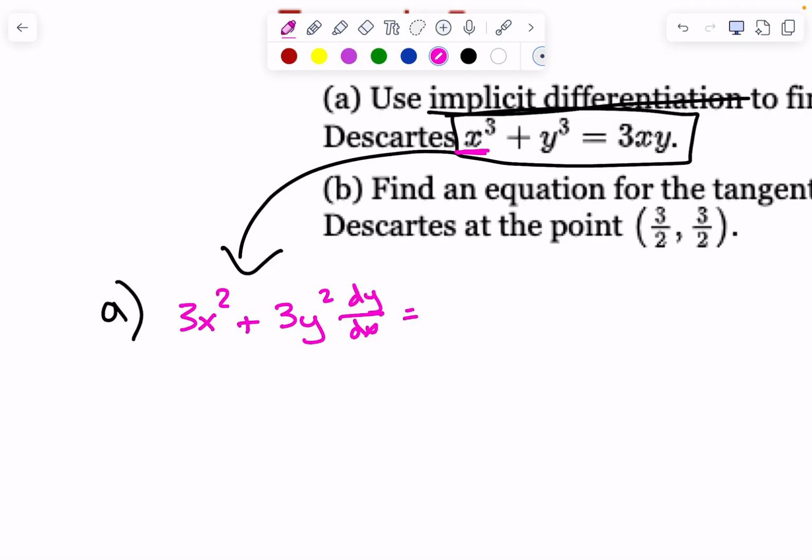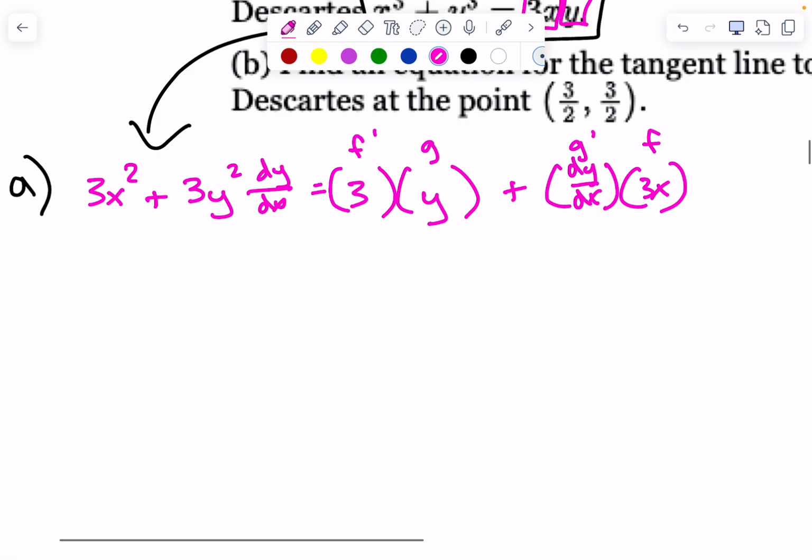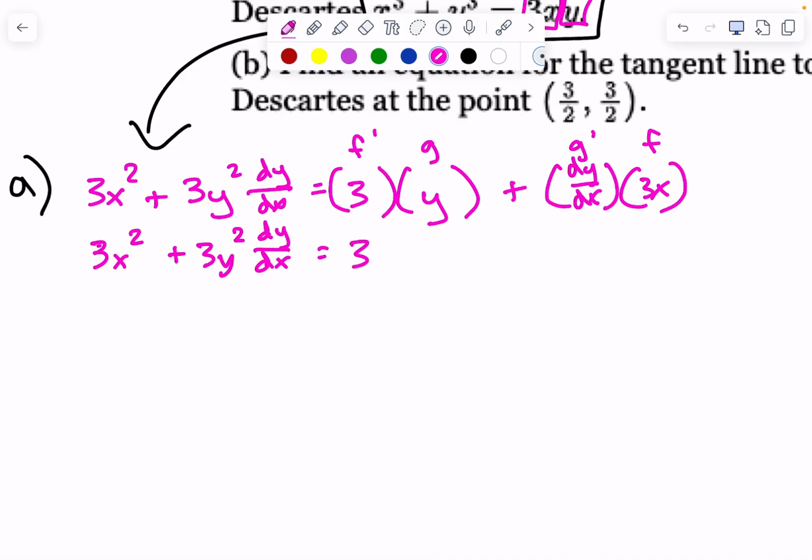Equals, this one we have to do the product rule. So f and g, okay? f prime g plus g prime f. What's f prime going to be? 3 times g is just y. g prime is the derivative of y, which is dy dx, and f is 3x. So math it out. 3x squared plus 3y squared dy dx. I'm not going to change that, and I'm going to drop my parentheses, so this is just 3y plus 3x